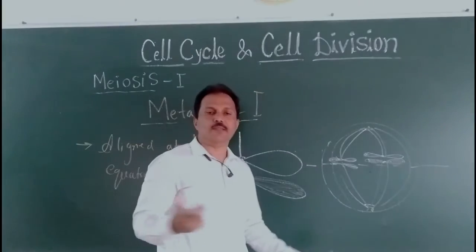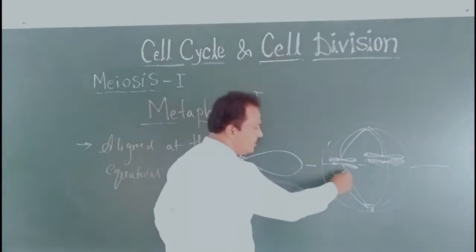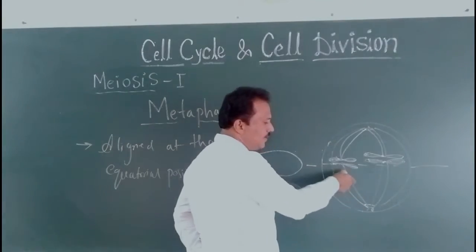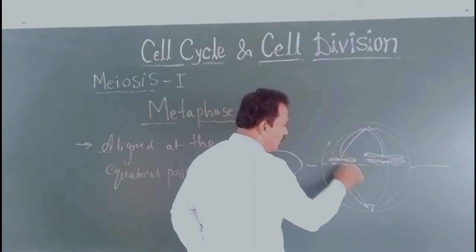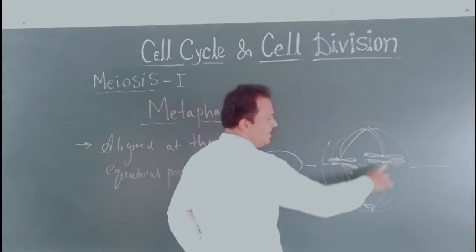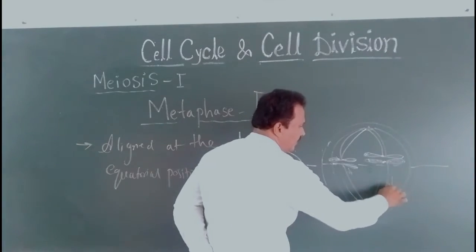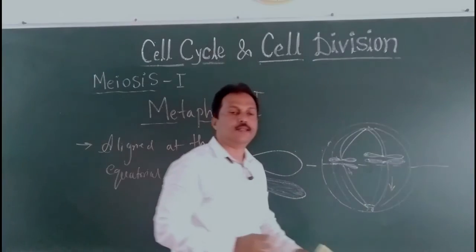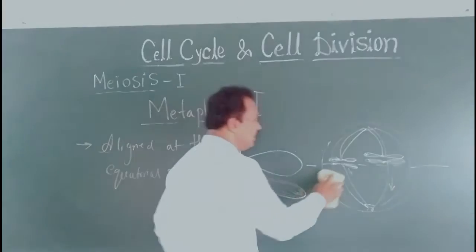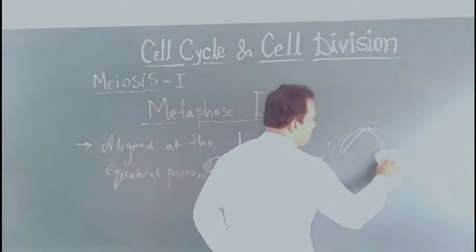With the help of, again similar to mitosis, these spindle fibers, they will contract and this pair will come down. This pair, again this spindle fiber will contract and it is brought to the center. So how it appears, we will see here. With the help of this